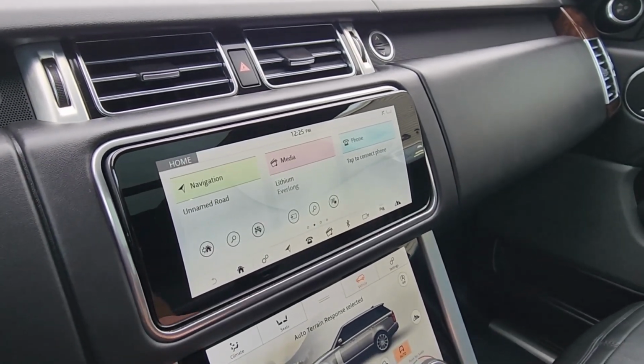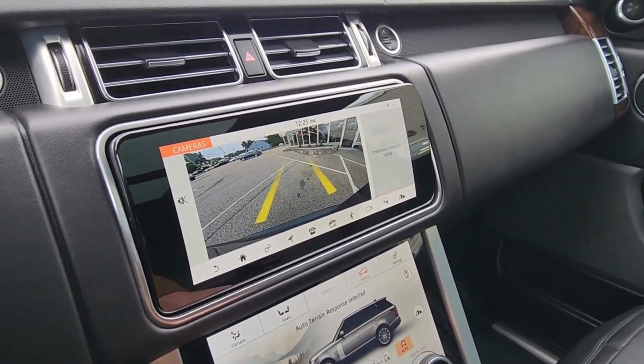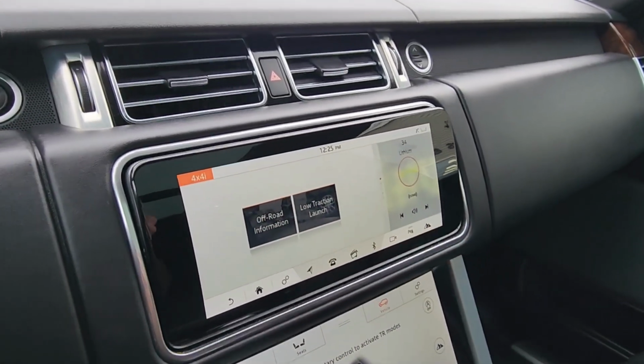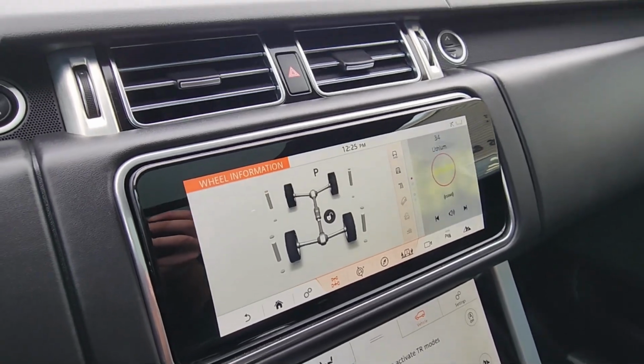Now looking here at the center, this screen has tilted towards me to reduce the potential for sun glare. If I click her into reverse, you will find a nice high definition reversing camera. You also have some very cool screens here on the right. I'll have to do a quick acknowledgement. Yes, I understand. And then with a small loading time, we'll see the off-road information screen, which gives you a lot of very, very cool